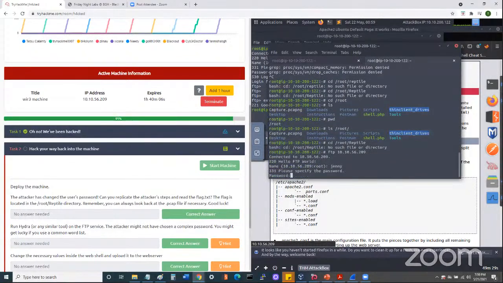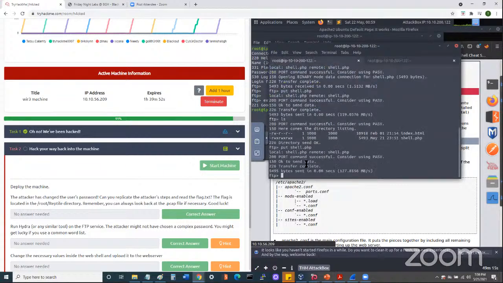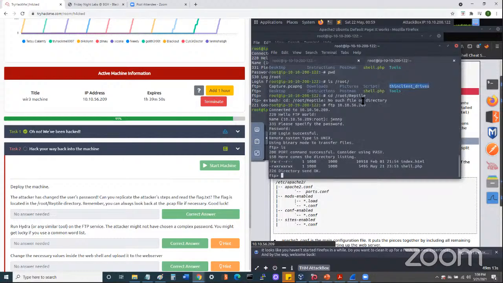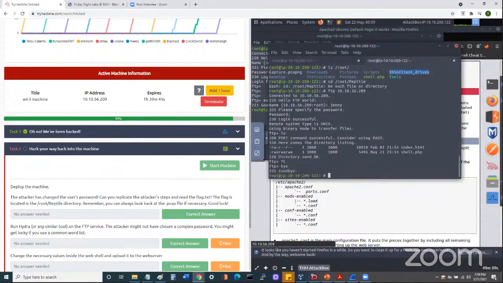So we're going to log in as Jenny. I already had my control C. So I needed to do my netcat listener again and go back to